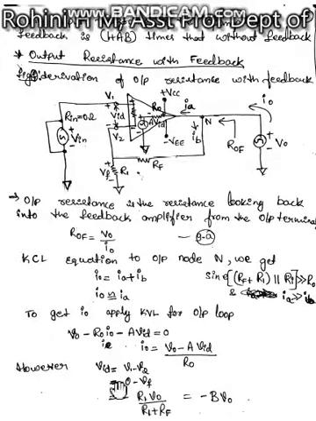We can write VID as the difference in input voltage, V1 minus V2. Now the input voltage is short circuited, it is negligible and will not come into the picture, so substituting it as 0. So 0 minus VF, where VF can be written as R1 into V0 divided by R1 plus RF. That is equal to minus beta into V0.